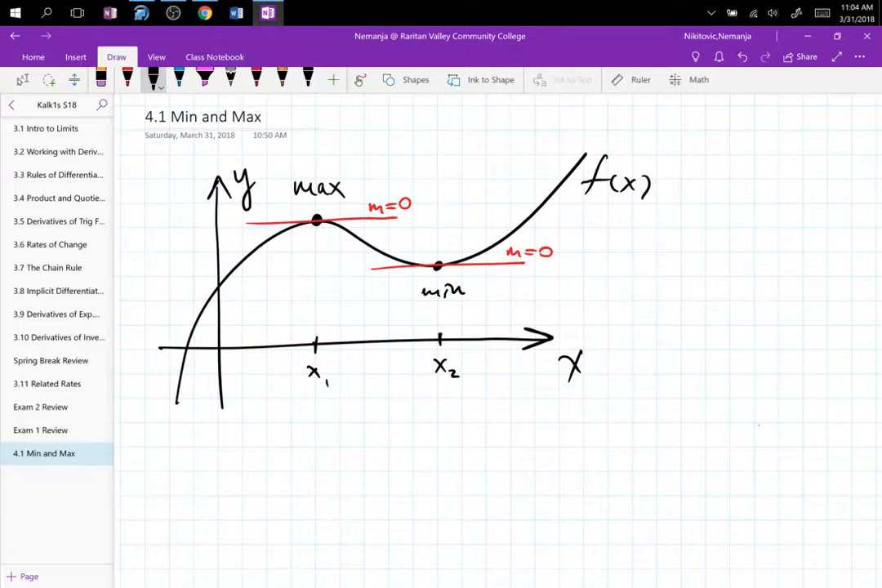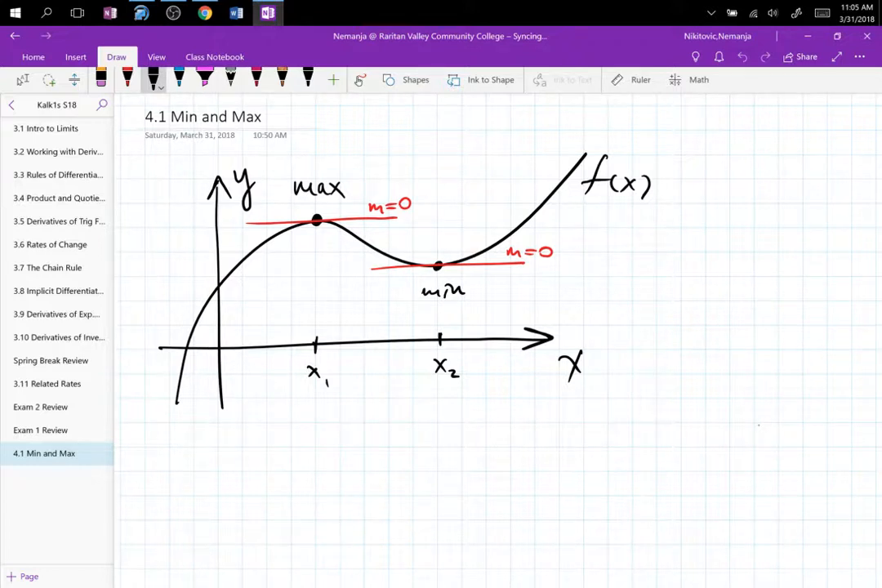You probably know the min and max for any basic function which you memorized, like absolute x, sines and cosines, right? They have infinitely many mins and maxes, right? So sine and cosines have infinitely many extreme points. So the goal of this section is to learn how to compute these locations, x1 and x2, where these points